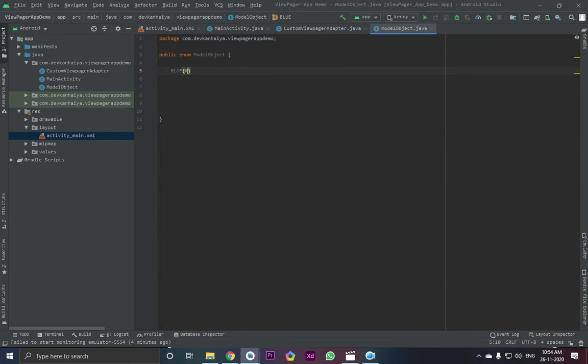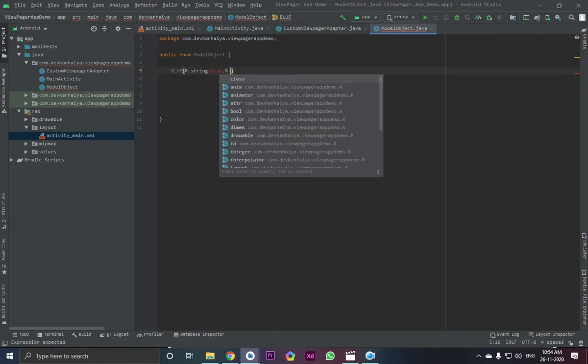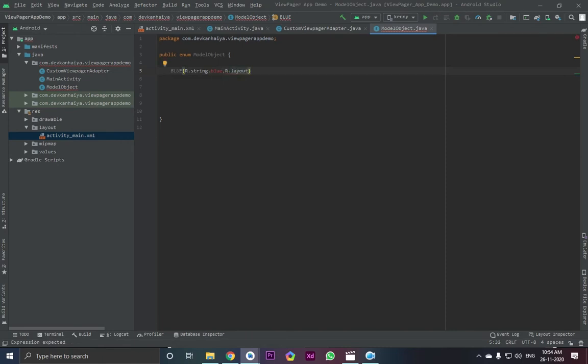That would be r dot string dot blue, comma, then our layout. This string value need to be in small letter like this. Then here we are going to be introducing our layout, that is r dot layout dot blue.